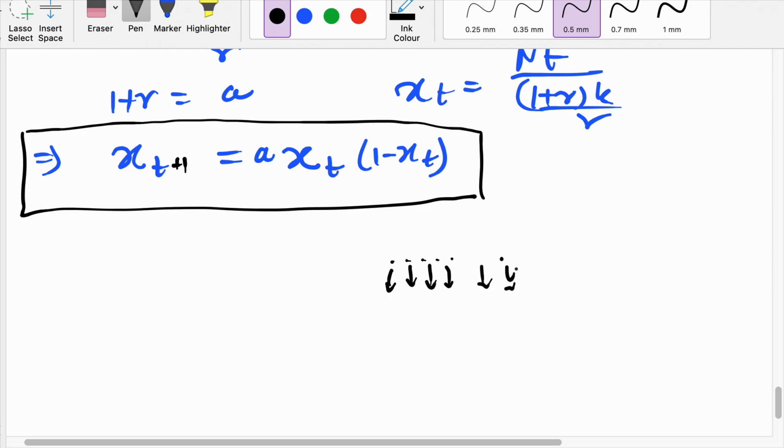This is called non-overlapping generation. There are lots of examples of insects which